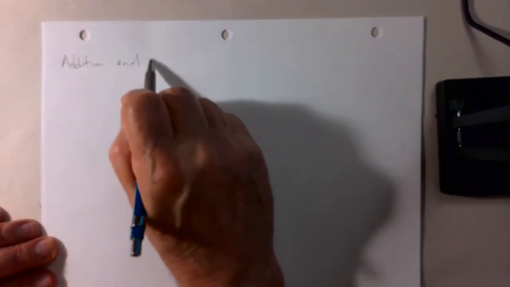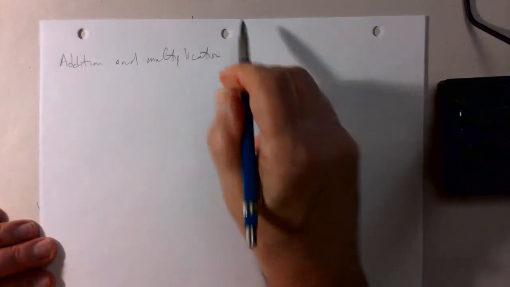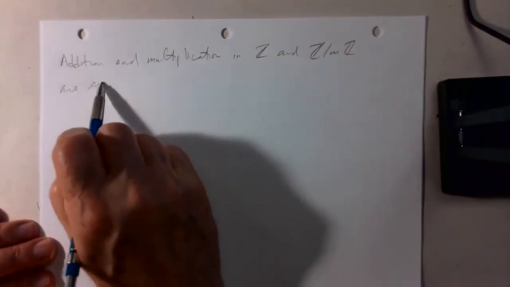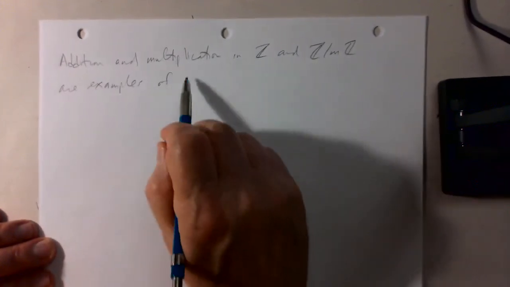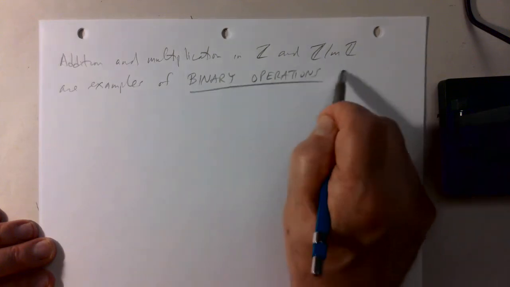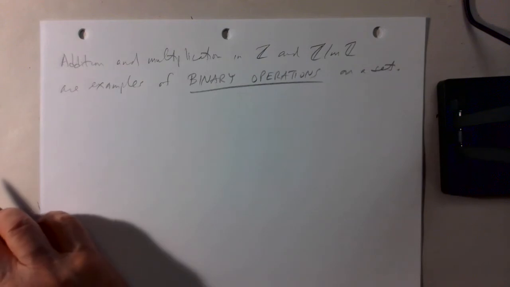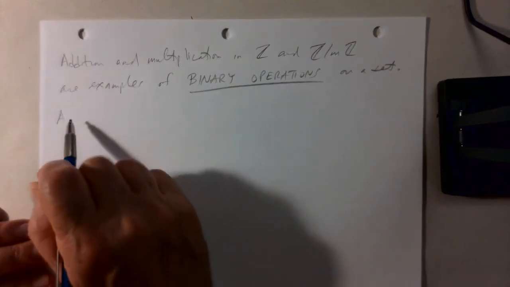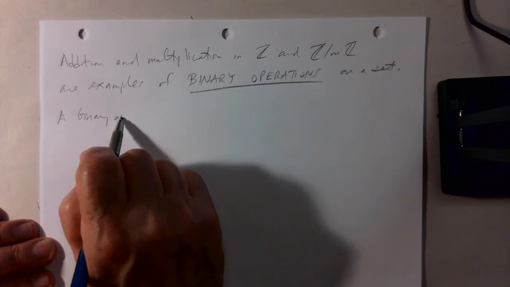So in the case of the integers and the congruence classes, we've talked about addition. We also talked about multiplication. Addition and multiplication in Z and in Z modulo mZ are examples of binary operations on a set. A binary operation is simply a way to assign some element to every pair of elements in the set. So we could say, if we wanted a very formal definition, a binary operation